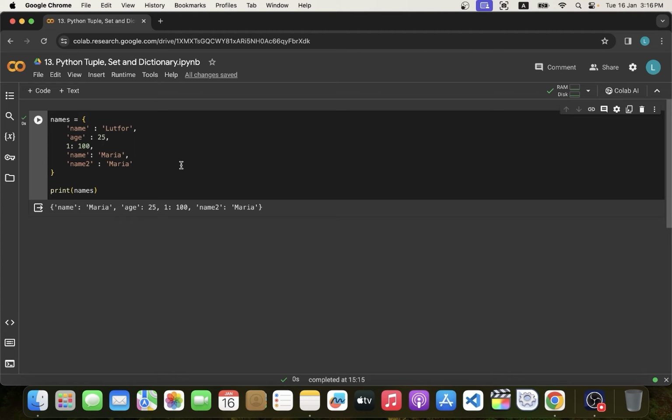Well, if we want, we can print a specific value of a dictionary using its keys. Like if we want to print age of this dictionary, then we can pass the key using square brackets age and print it. Perfect. And we can print all the values or keys using the keys or values function. Let's try it. names.keys and names.values,